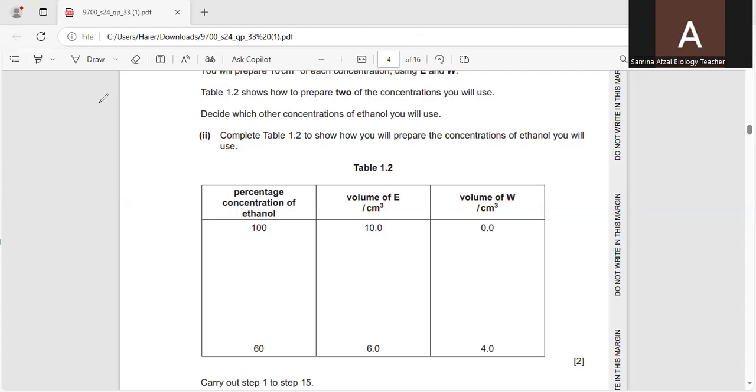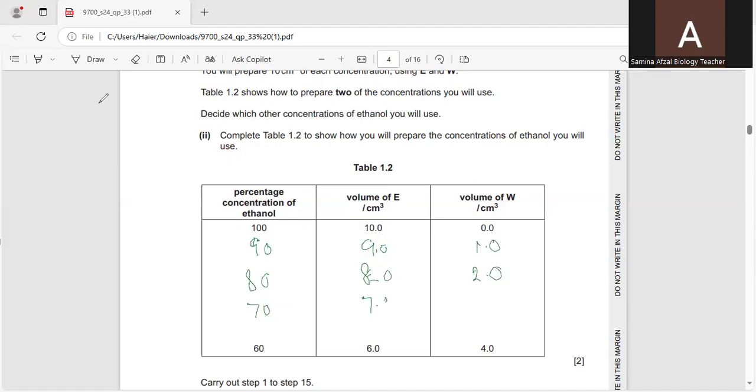Below 100, we can use 90, in which 9 cubic centimeters of ethanol and 1 cubic centimeter of water will be used. The other concentration which we can use is 80, in which 8 cubic centimeters of ethanol and 2 cubic centimeters of water are used. And the third one is 70%, and in 70% there should be